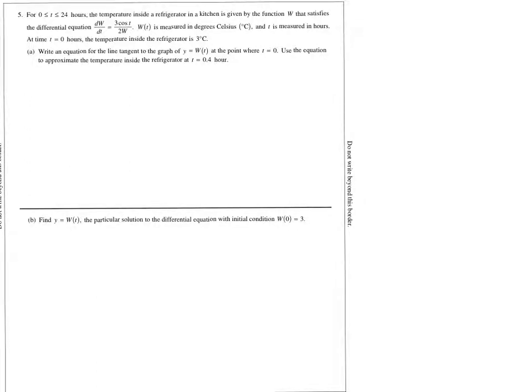Okay, here's what I would call your basic differential equation free response. It's very, very likely that one of the six will be a differential equation. And by differential equation problem, I mean they're going to give you the derivative with respect to time or the derivative with respect to something written in this format, dw dt, dv dr, something like that,